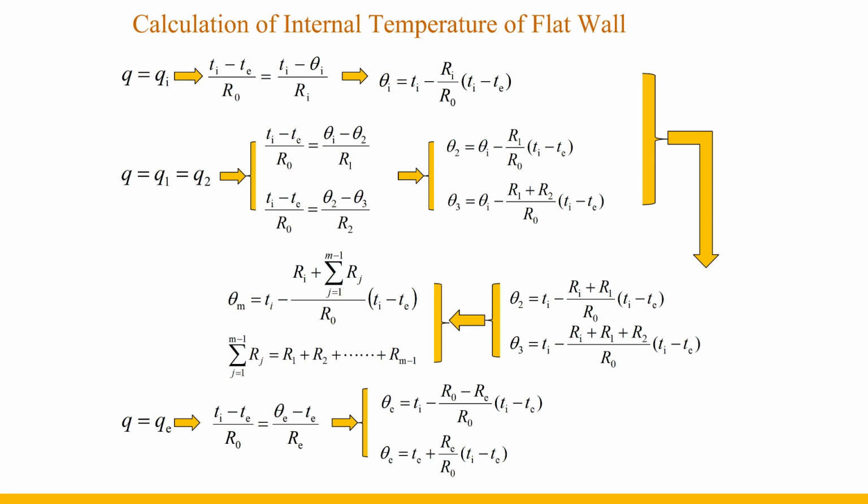It can be seen from the calculation formula of the temperature of each layer of the flat wall that the temperature distribution of each material layer is a straight line, and a continuous broken line in the multi-layer flat wall, when the thermal conductivity of each layer is a constant value. The temperature drop inside the material layer is proportional to the thermal resistance of each layer. The smaller the thermal conductivity of the material, the greater the thermal resistance, the greater the temperature drop, and the greater the slope of the temperature distribution line in the layer.